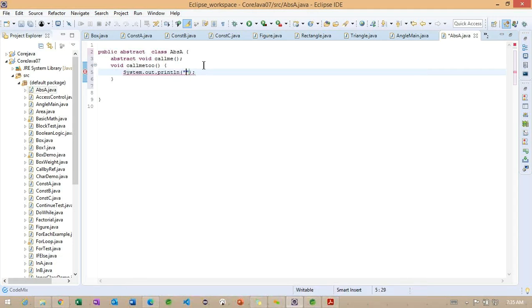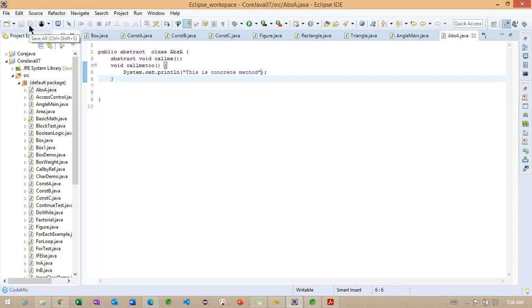And here we have one advantage: whenever we create an abstract method, along with the abstract method we can also create normal methods. This is what we call a concrete method. This is the concrete method.